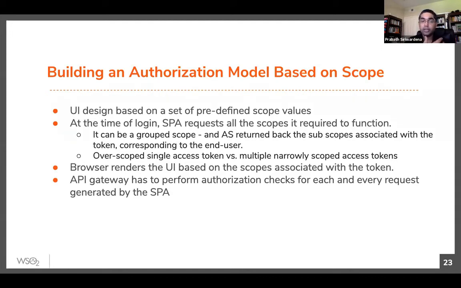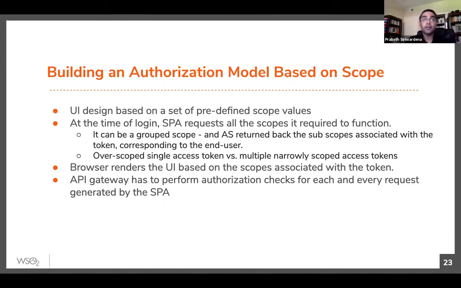You may not get the access token associated with all the scopes you requested. So the authorization server can do an authorization check to see what scopes this user is eligible for, and with the access token you will get the granted scopes, right? Then you can look at the scopes you get from the authorization server, and based on that, you can render the UI.